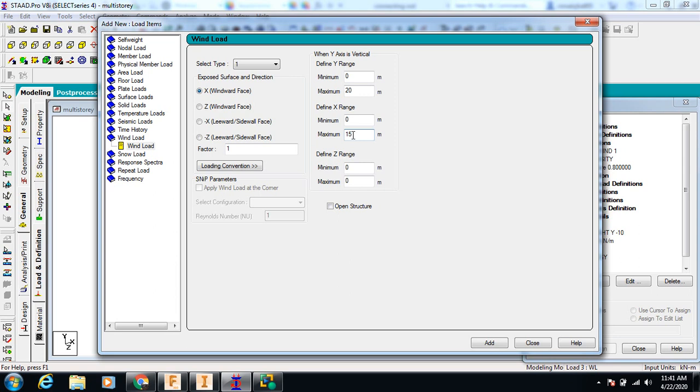So you can also consider that. And in the z direction, it is also 15. For the y range, if you want the wind to act from the first floor, then instead of 0 you can put 3 meters, suppose. So this condition will be followed in the x direction.